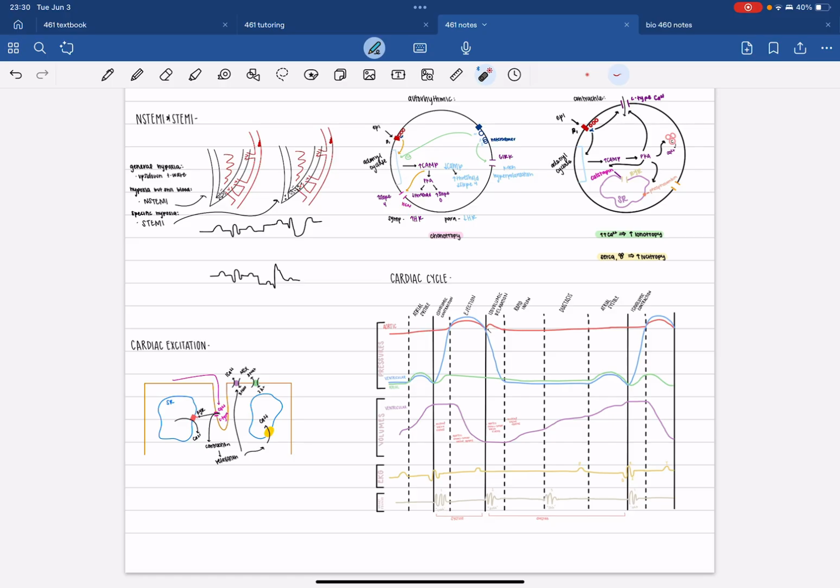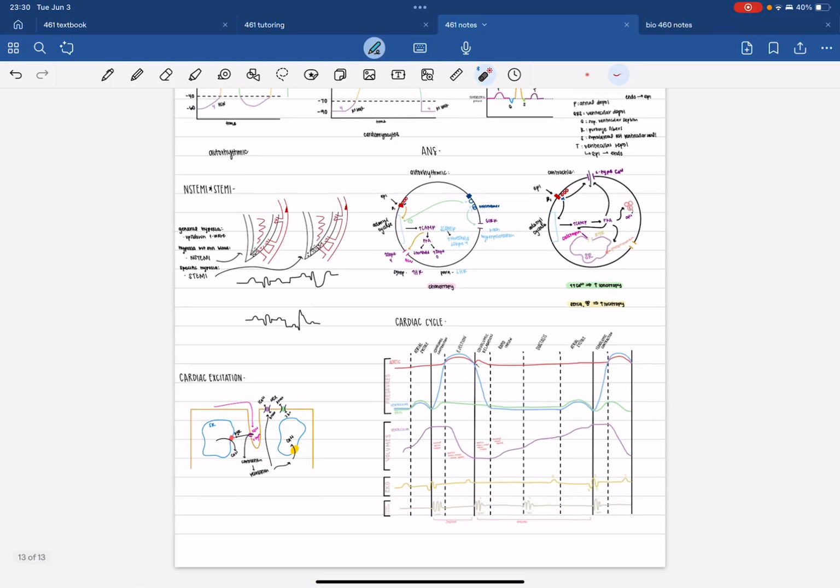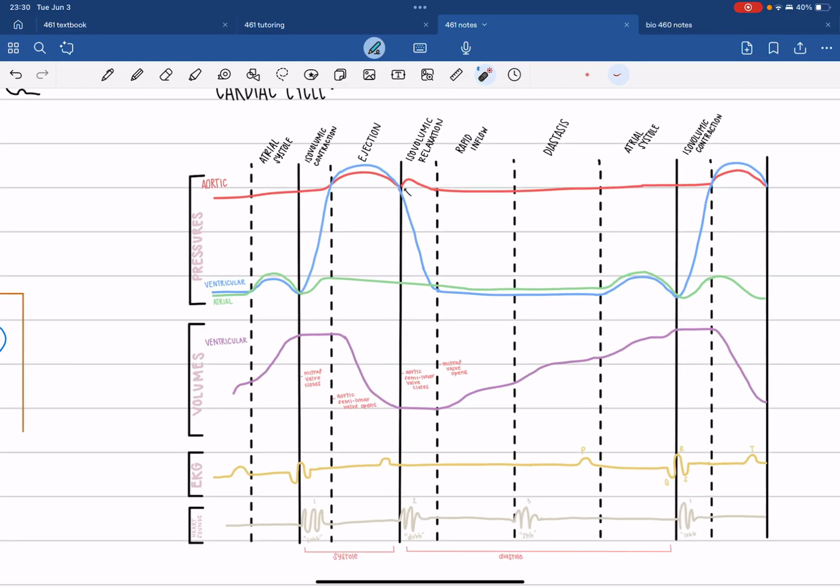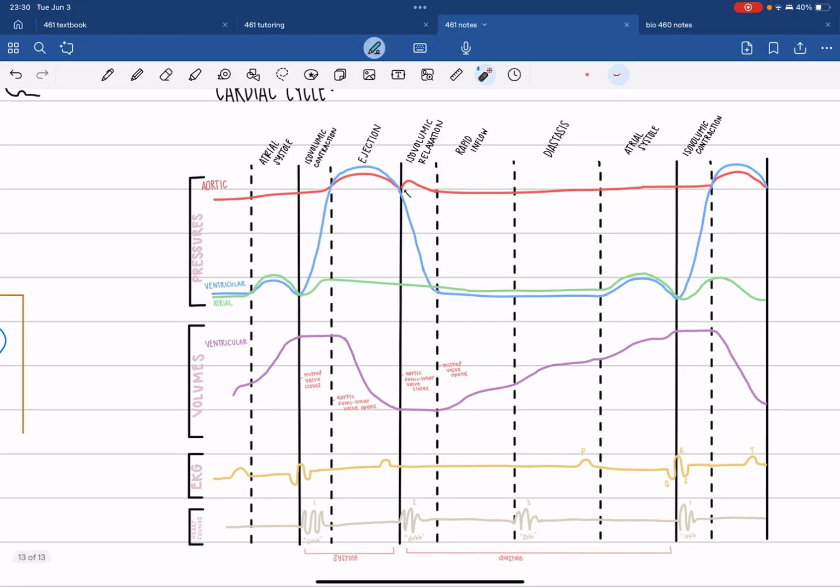Now, for our final part of our unit, we're going to talk about the cardiac cycle. The cardiac cycle is super intricate and super awesome, but it kind of just goes over all the pressures, volumes, EKG, heart sounds that you experience when talking about the heart, specifically the left side of the heart, because we care more about that one because it's going to the whole body and is important. So I'm going to just break it down and we're going to go through it.